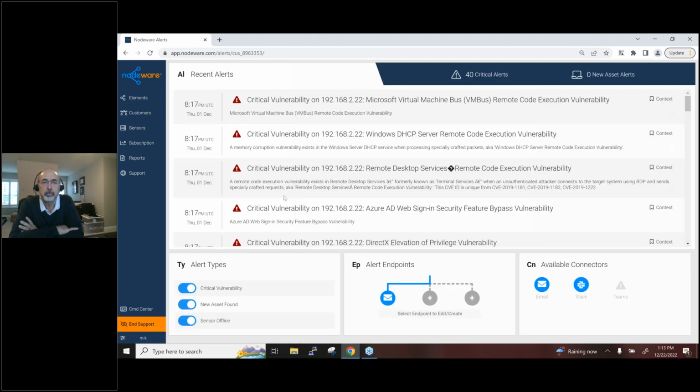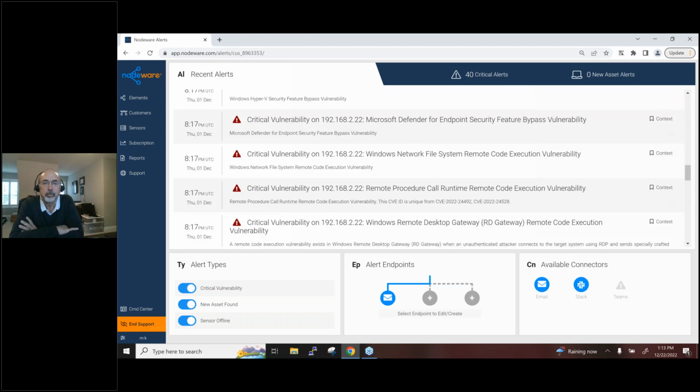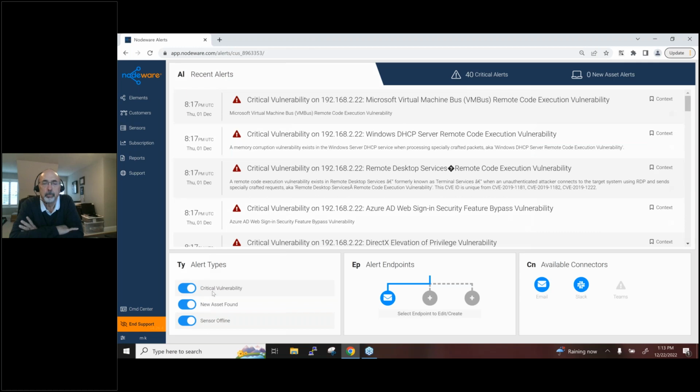The alerts dashboard, here's all the alerts that have come in on this device or on this network. So we provide critical alerts. As Frank mentioned, we scan the entire network, or every device, every 1 minute, it reports back. And if we see something new that we have not seen before, that would be considered a new device. So those fire off an alert. You can specify up to 3 different email addresses and or Slack channels.